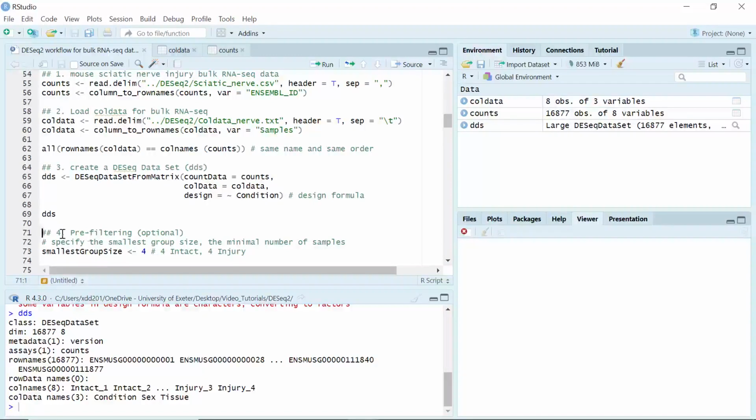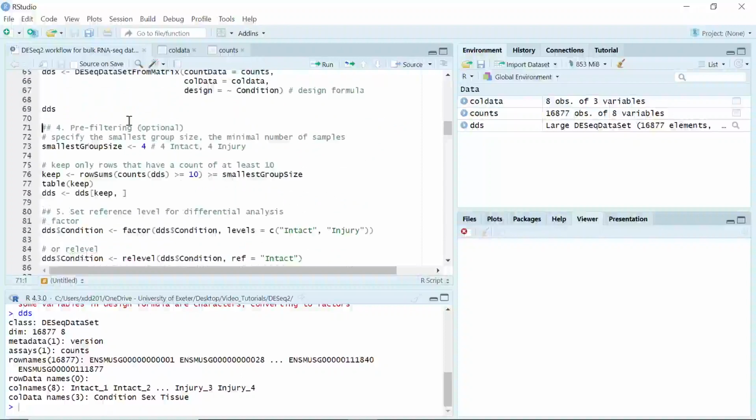Now we can perform the next step of analysis. This is the quality control step. In the DESeq2 user manual, it is named pre-filtering. To perform the pre-filtering, first we need to set the smallest group size. You can see we have 4 intact nerve samples and 4 injured nerve samples. And also, we want to filter out the genes that have counts smaller than 10. You can see we set the smallest group size as 4 here,